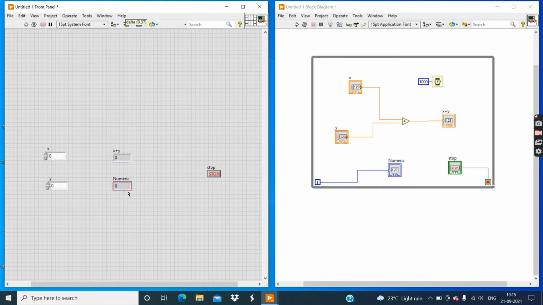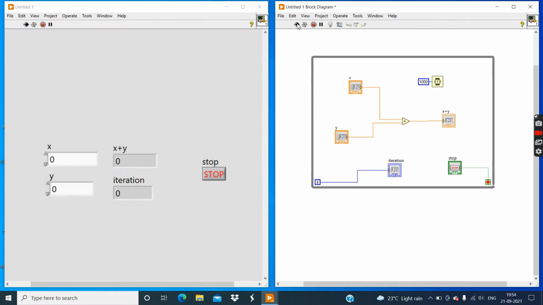Then select all the controllers and indicators and make the size large, then increase the size horizontally. Now change the name of this numeric to ITERATION. Click on this run button.